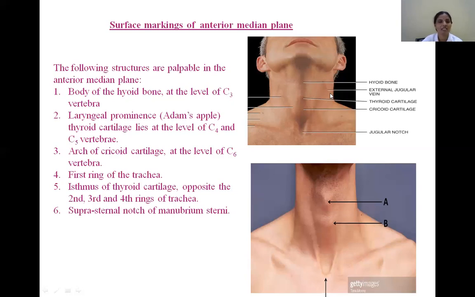Before reflecting the skin, what structures can we palpate exactly in the anterior median line? If you place your index finger exactly on the symphysis menti and then move your finger down along the median plane, at one place you will get a depression. That depression is mainly represented by a bone. What is that? Hyoid bone, at the level of the third cervical vertebra. So at the C3 level, what is this bone? The hyoid bone we can identify by a depression here. What is the depression?